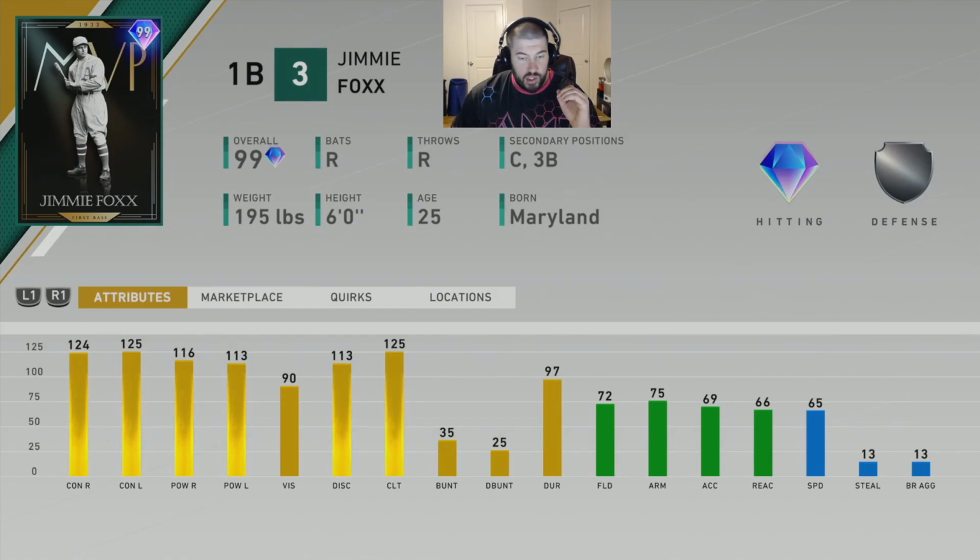And this card is just absolutely filthy. He's, like I said, primary first base, can play secondaries of catcher and third base. He's right-handed batting, right-handed throwing, has one of the best swings in the entire game. Diamond hitting, silver defense. For Jimmy Fox, I'm going to go over his MVP season. You're going to hear this season in real life and be like, that's ridiculous. His 1932 season, go look it up. Go on Baseball Reference, look up his 1932 season